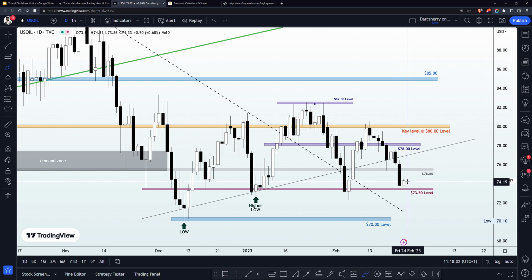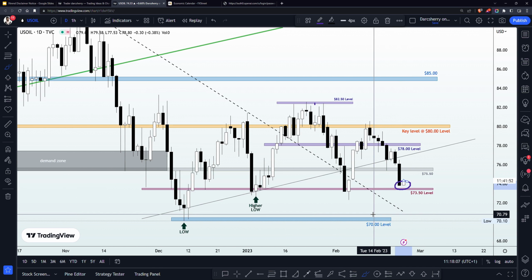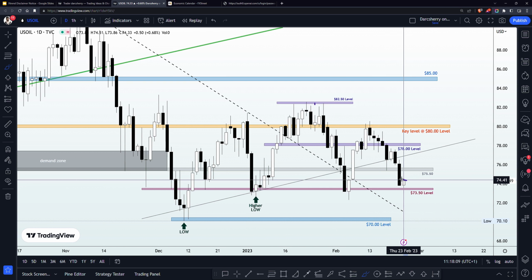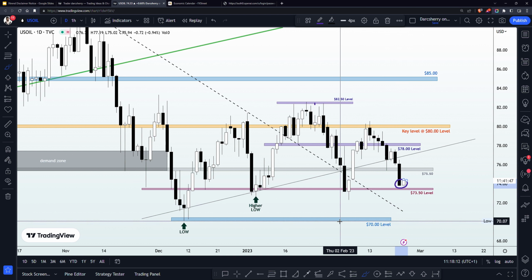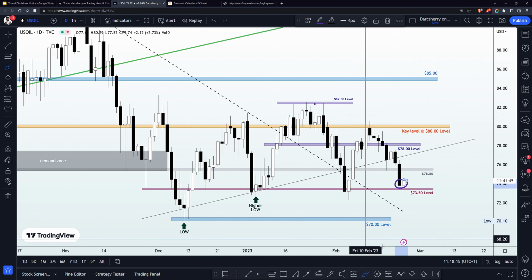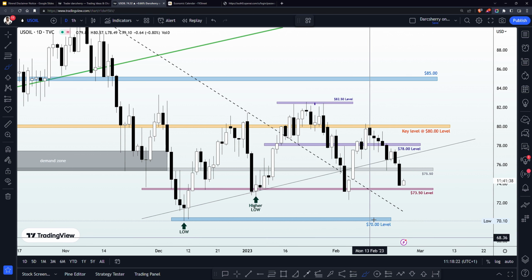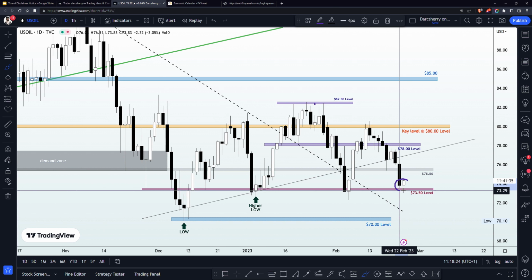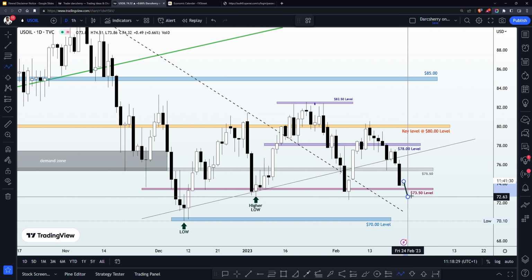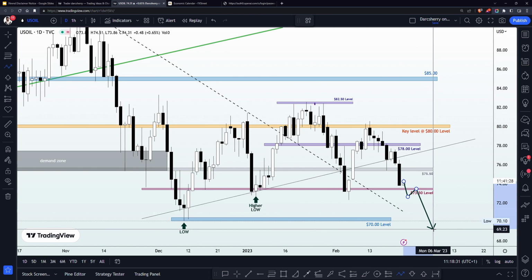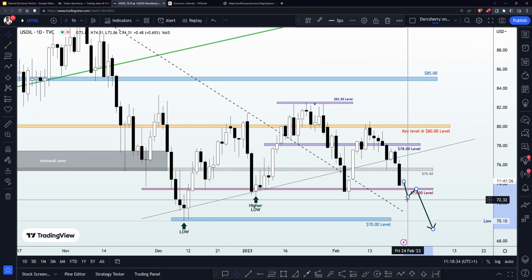So one thing about this current structure is, considering the fact that price is above a strong demand zone, we might likely see a trend continuation pattern, probably like a double bottom structure on our lower time frame, to incite this counter trend opportunity back into the structure. That is one scenario. Or we could see a situation where a trend continuation pattern is formed around this level that will lead to the breakdown of the $73.50 level for another wave of selling momentum. So these are the things we are going to be looking at on the lower time frame.